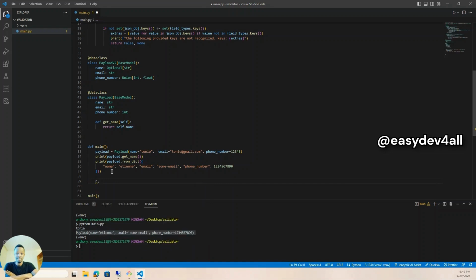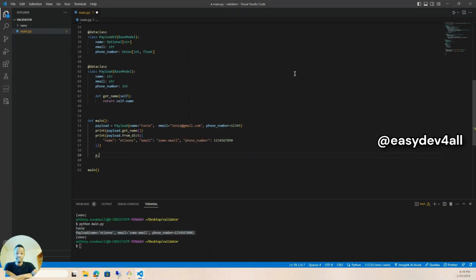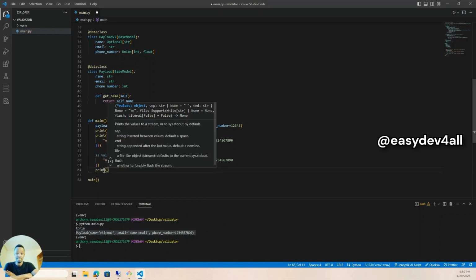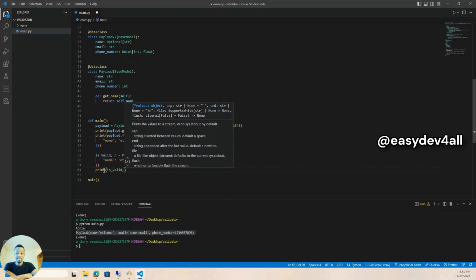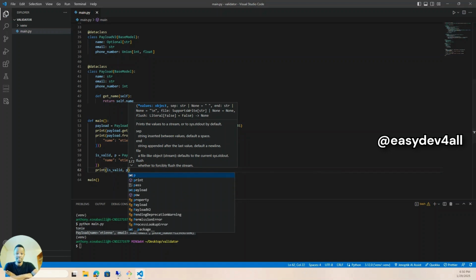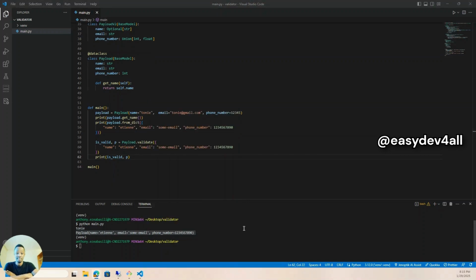Okay, so now what I can actually do down here is I can say payload, P for payload, and boolean comes first, so is valid, and P, and then it's going to come from something like this. Let me copy this, and now I can say payload dot validate, and then I just dump this in. And now what I would like to do is print is valid and P itself. So now we can quickly check this out to see what we have so far. So Python main.py,